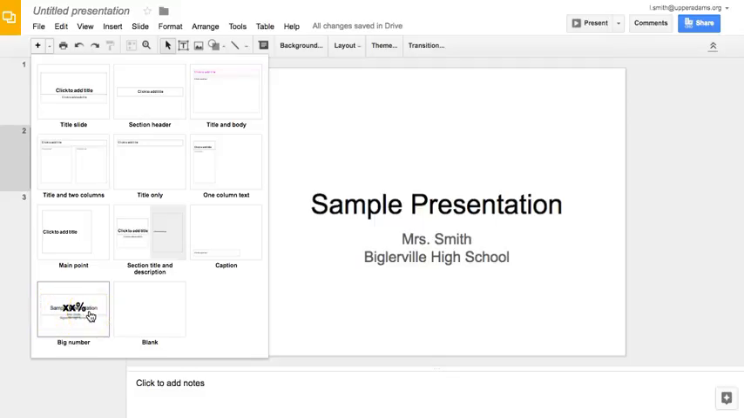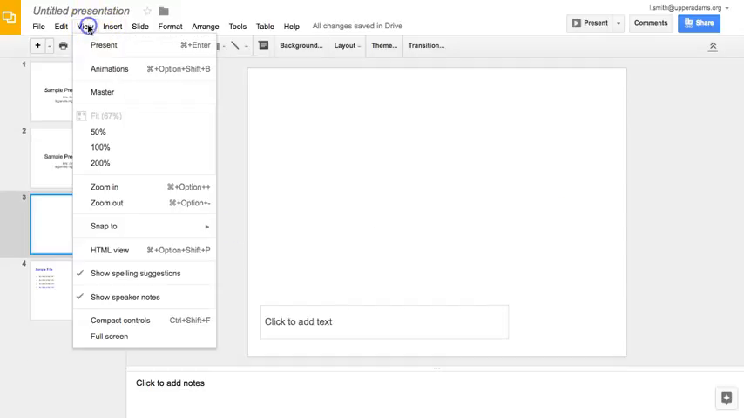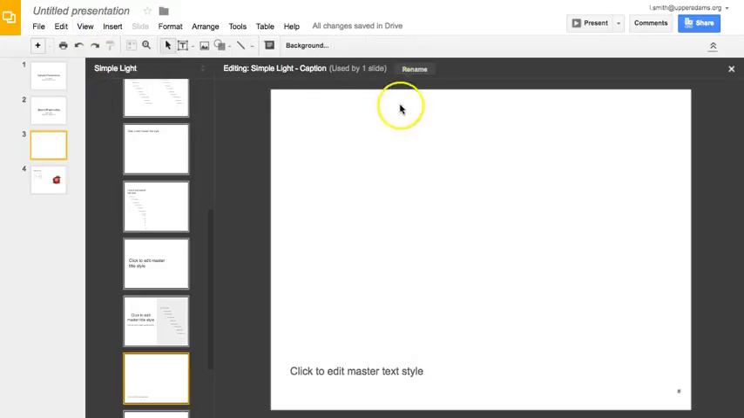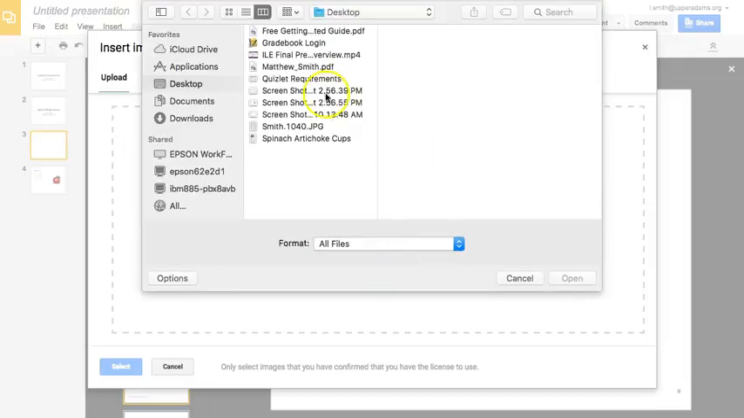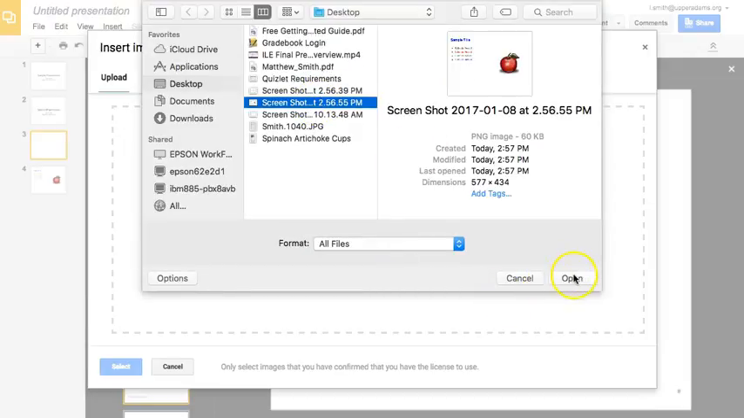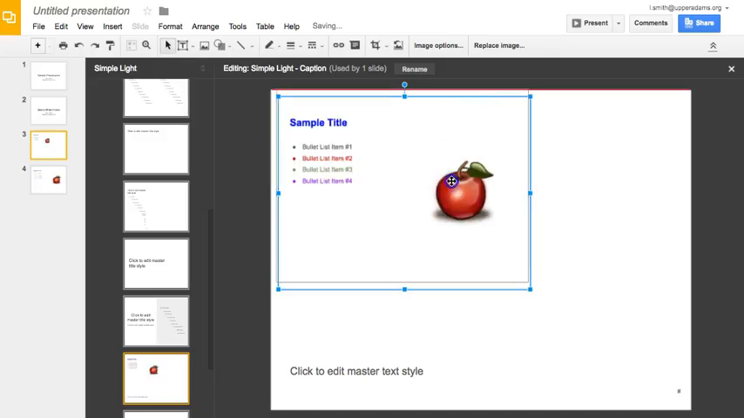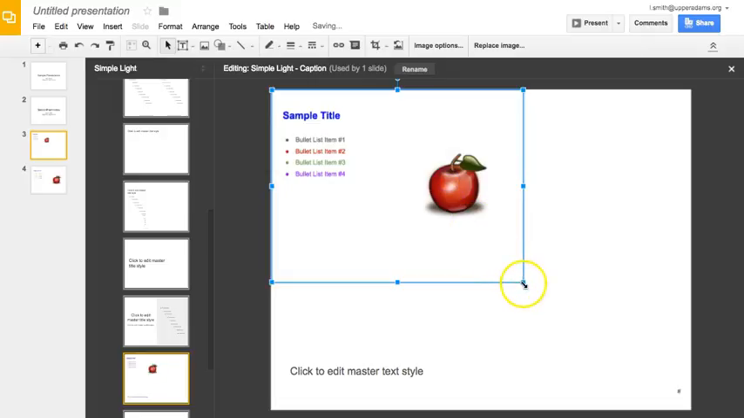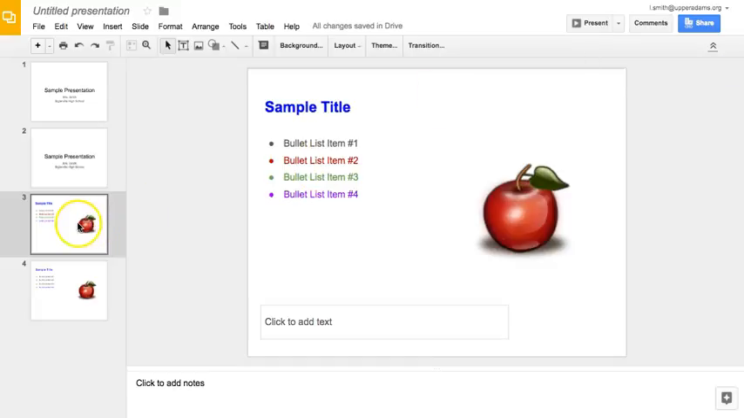So this time I'll use another one that I don't think the kids will use, maybe the caption. And again, I'm going to go up to View, Master, and I'm going to insert another image. I'm going to upload my second picture that has the apple on it. I click on Open, and I'm just going to resize this so that it fills the slide here. Again, I'm going to close this,